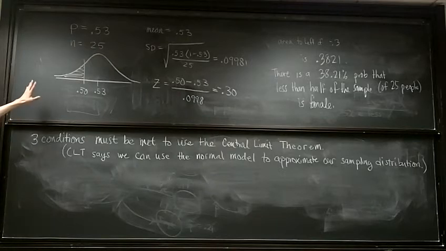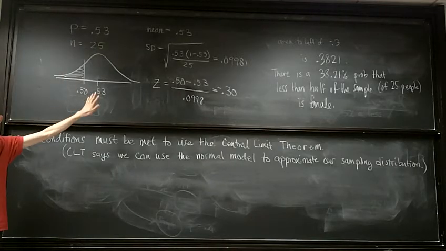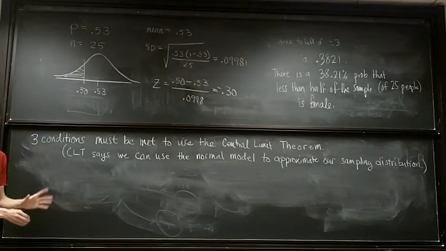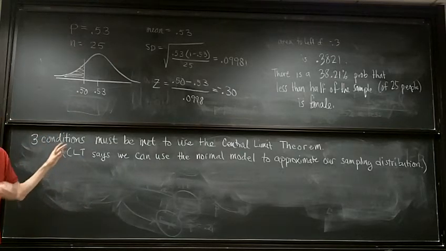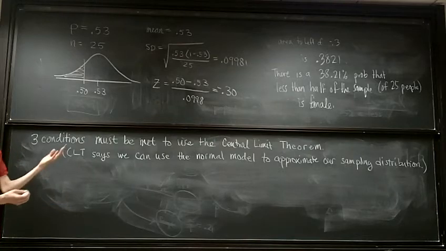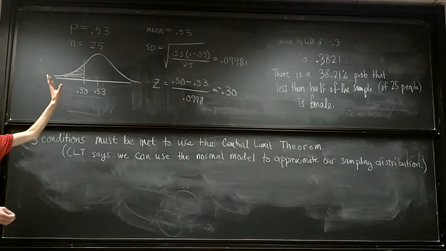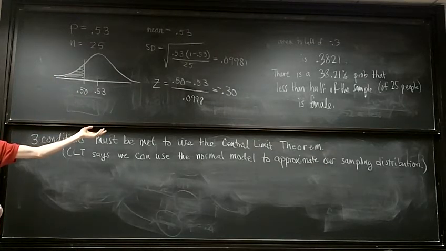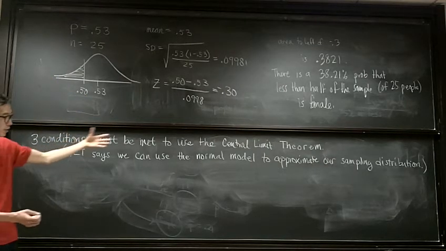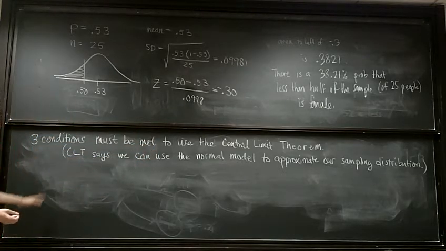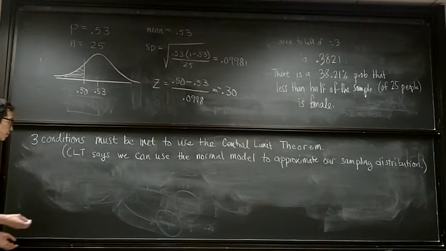Because that's what we did, right? We wanted to know about the sampling distribution. We wanted to know the probability that a random sample has fewer than 50% female. Okay, and to answer that, we had to know the sampling distribution. We used the normal model to give us our answer. But in order for us to use the normal model, or in technical language the central limit theorem, there are 3 conditions that must be met. Okay. The number 1